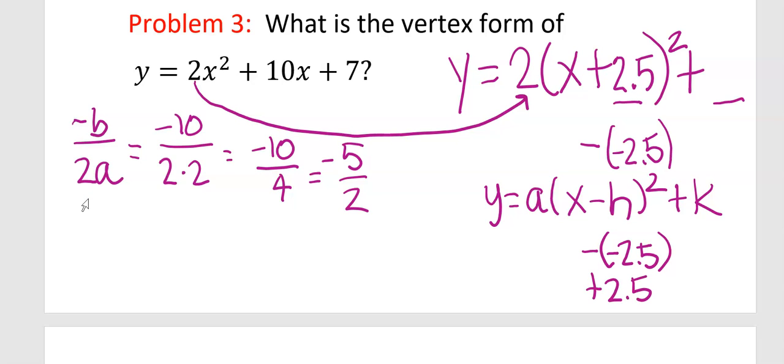Why don't we have 7, like our plus 7 in there? We're changing it to a different form, so we don't want it in there. Also, just exclude it. Yep. It's not really excluded because we're only looking at the vertex point when we do this form. So now we plug it back in. So f of -2.5